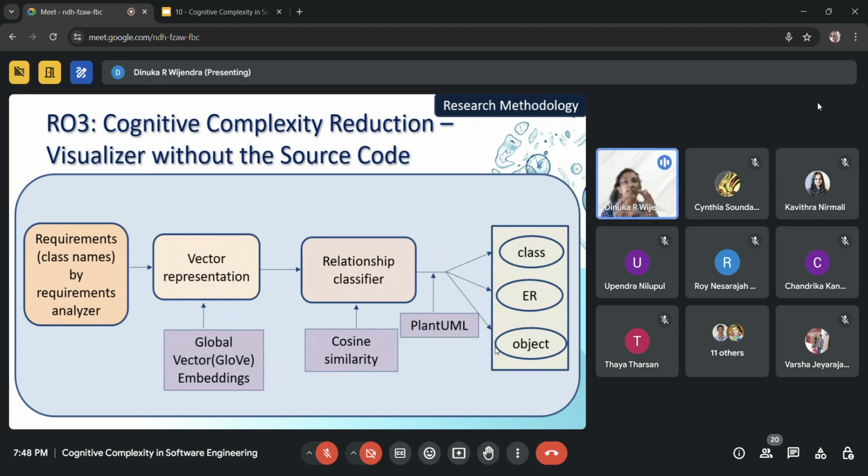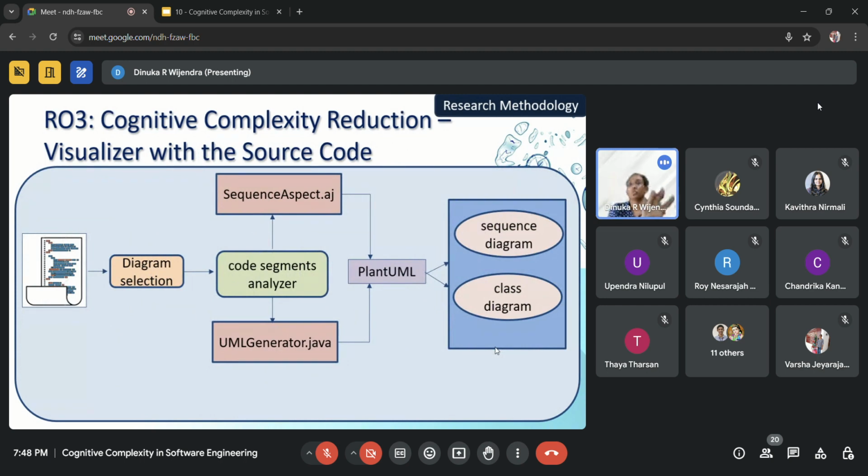With these and the other logic mentioned in the project proposal, using PlantUML, I designed these three diagrams: class, ER, and object diagrams. This is the main significant thing in my case, because this is designed before the source code.